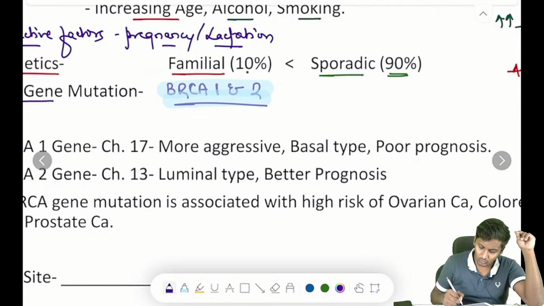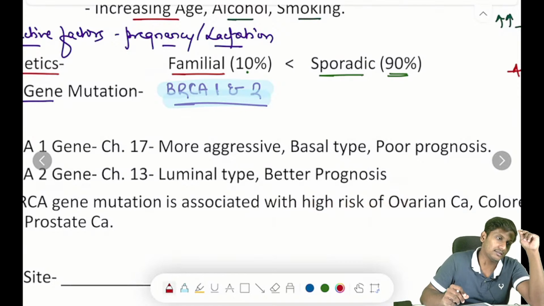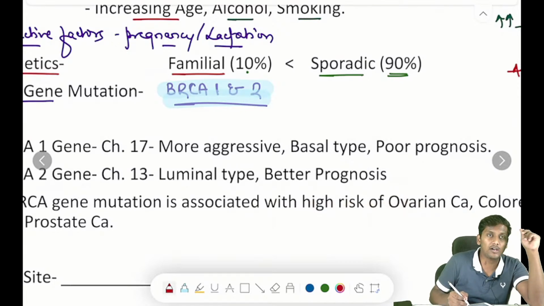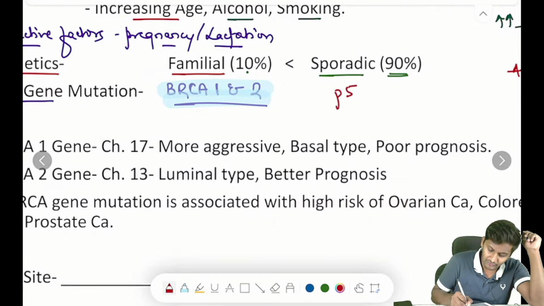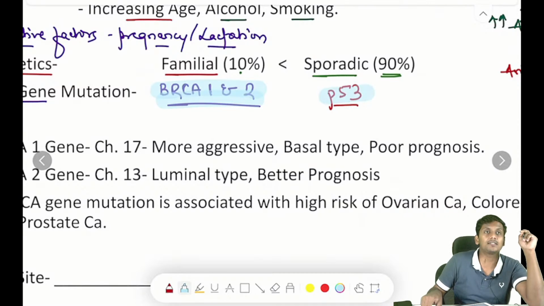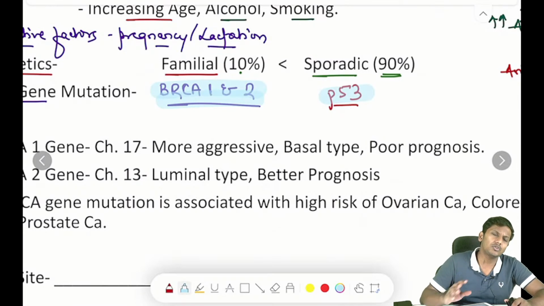But if they ask you which is the most common gene mutation in a sporadic breast cancer, then you have to be aware of it. It is P53 gene mutation. Rather, I hope all of you are quite aware that P53 is the most common gene mutation implicated in all malignancies of the body. Body में कोई भी malignancy हो, जो सबसे common gene mutation होता है, that is P53,